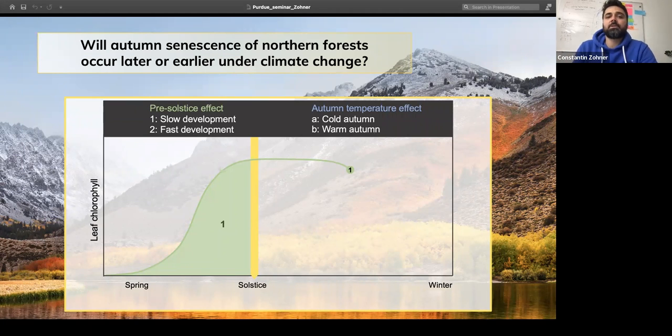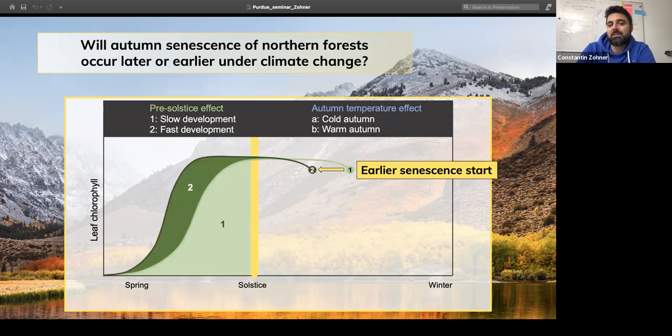So to summarize all this and to basically ask now, will autumn senescence occur later or earlier under climate change? What do we really expect? The answer is it depends on what we actually are looking at. What these results suggest is that, yes, we can kind of expect an earlier start of senescence, but